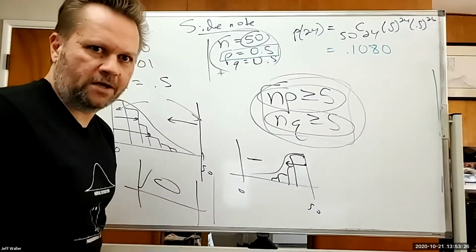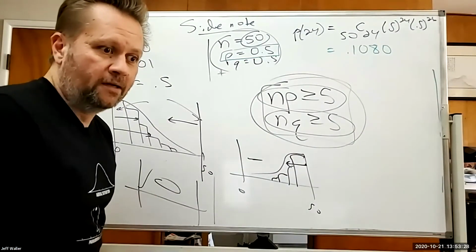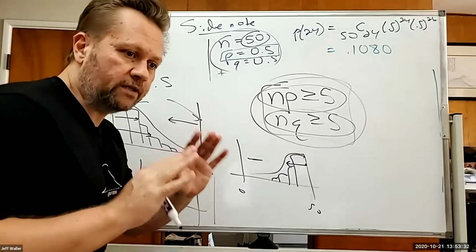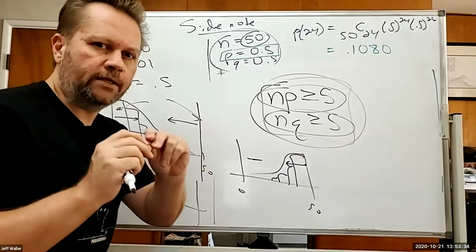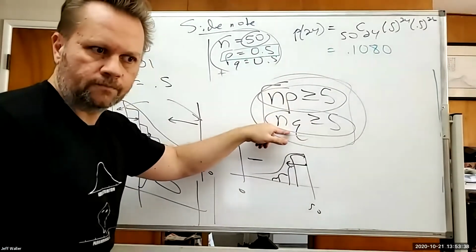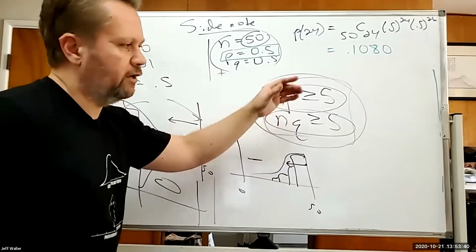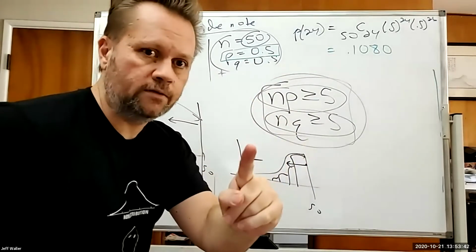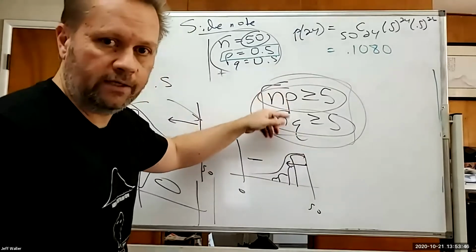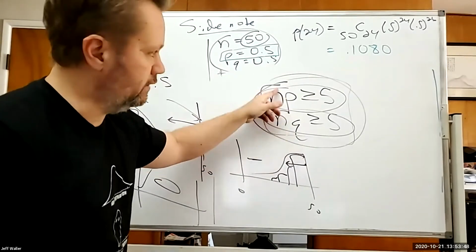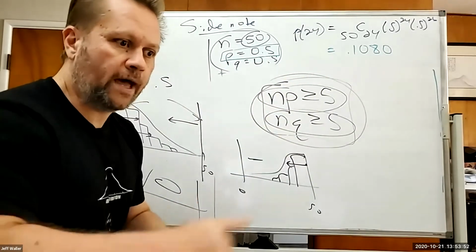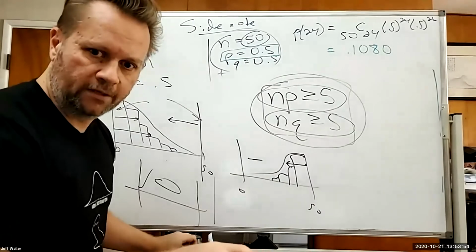Let me stop talking for a minute. It's a little weird. So if I have a percentage problem, how do I tell it's normal enough? I check these two things. Instead of n greater than 30, that's for means. If I have a percentage problem, I must check these things. If these are true, then it's normal enough. So let's go back to the worksheet, unless there are any questions.